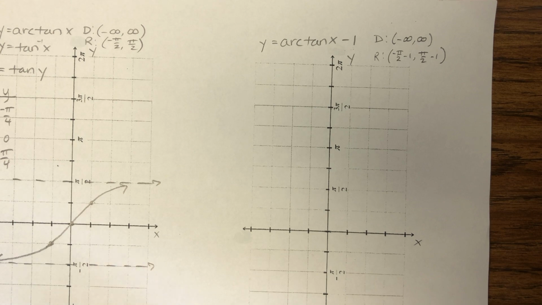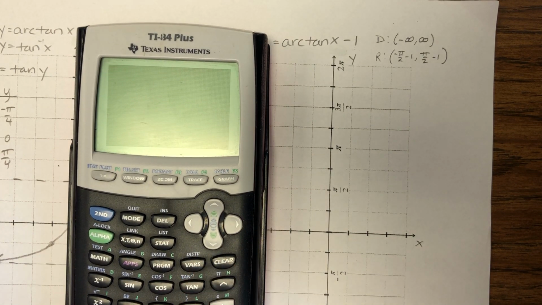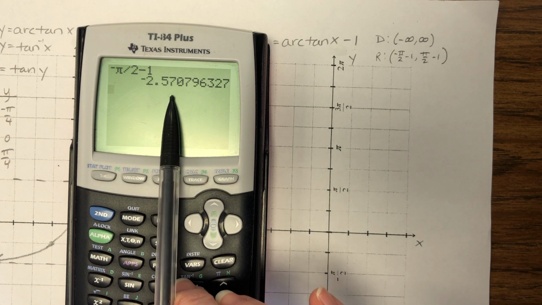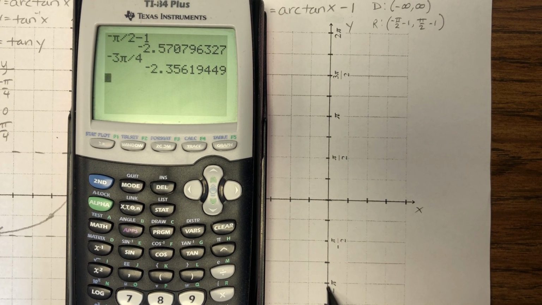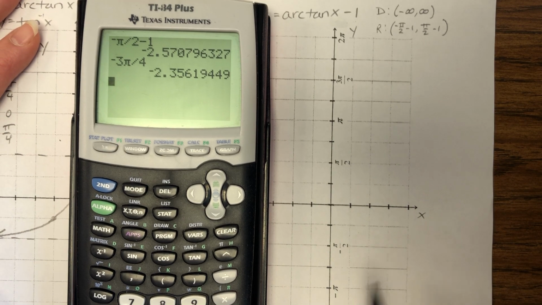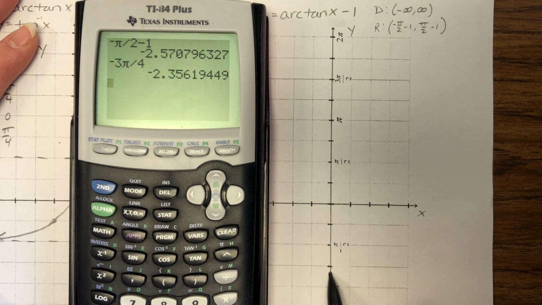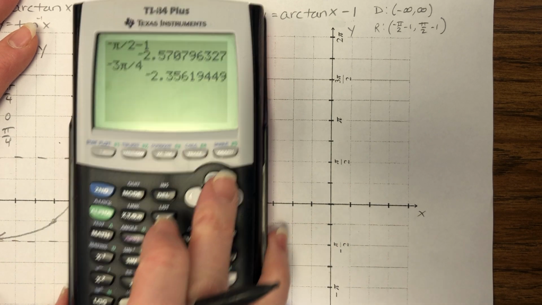So what's going to happen for my asymptotes if we take negative pi halves minus 1, it's about a negative 2.5. Well, because we're doing it on here, this is a negative 3 pi fourths. So if I take a negative 3 pi fourths, it's going to be a little bit lower than that line because this pi is 3.14, okay, down here. This is 3.14, so on and so forth. So this is going to be about right here. So if we look at one block and a little bit more,